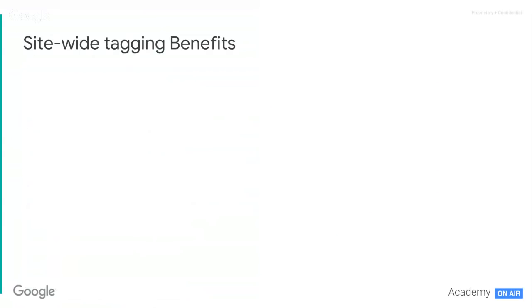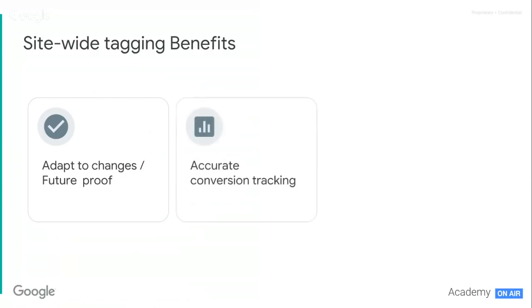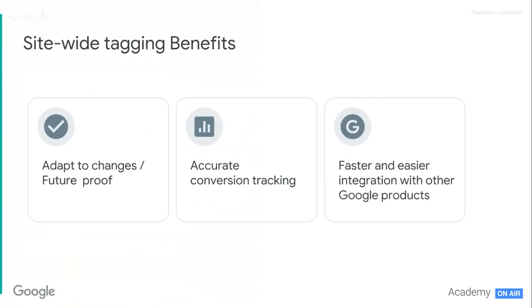So the benefit of site-wide tagging is that site-wide tags are using first-party cookies. It's future-proof, it's adapted to changes. As the industry evolves, you are future-proofing your business. Secondly, it will allow you to measure conversions all across different browsers, so it's also accurately measuring your conversions. And lastly, site-wide tags allow for better integration with other Google products. For example, Google Tag Manager is a very good solution if you are using a variety of Google tags